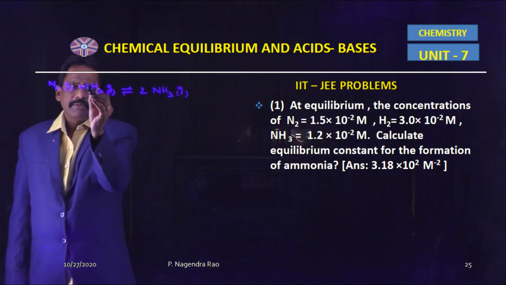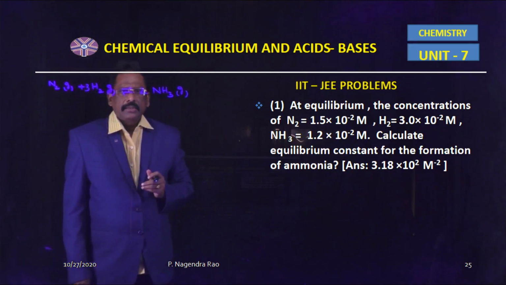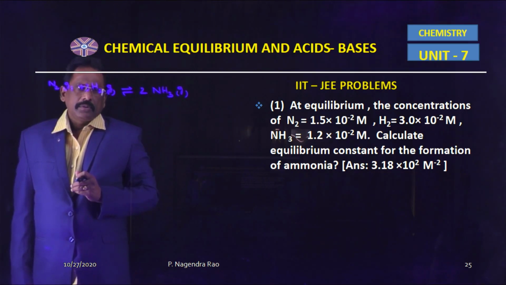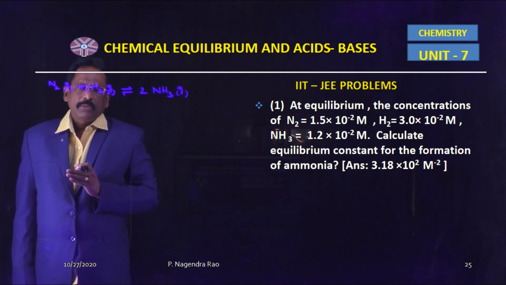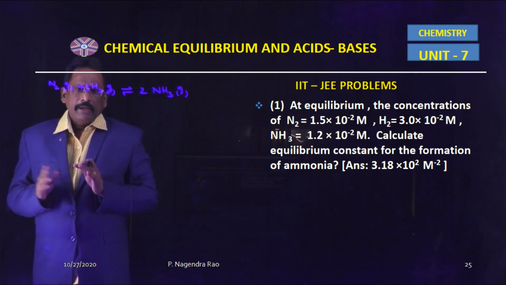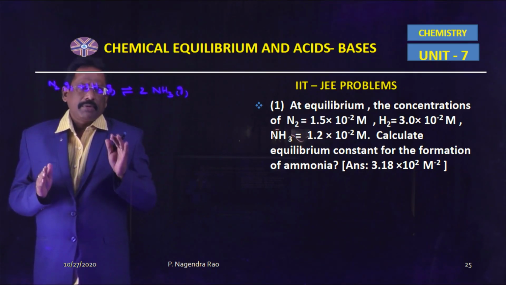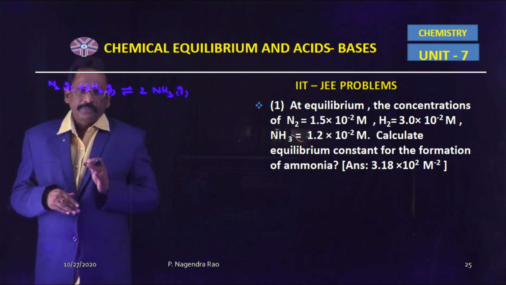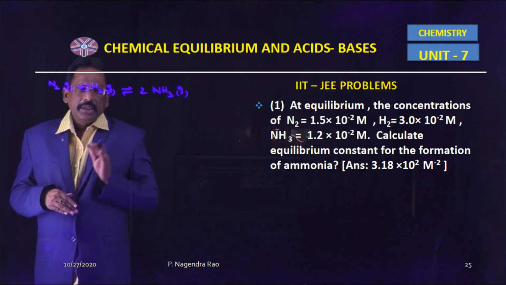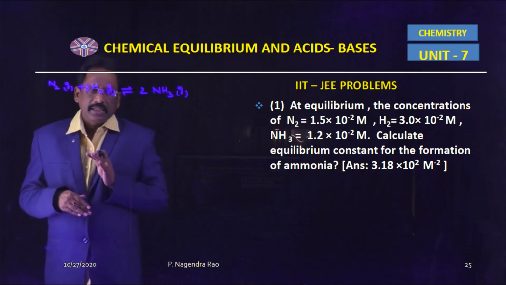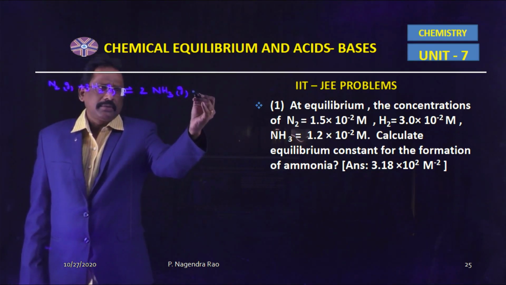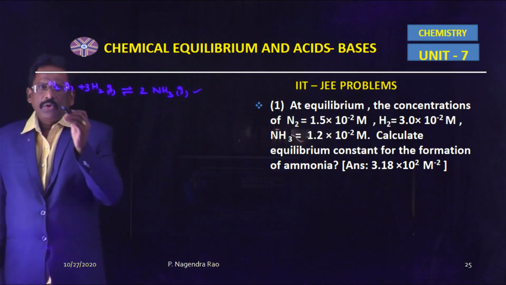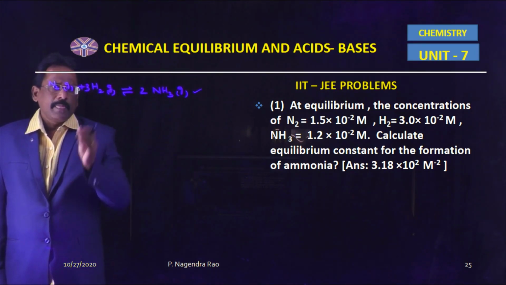Now this is the final balanced chemical reaction. When 1 mole of nitrogen gas combines with 3 moles of hydrogen gas, 2 moles of ammonia gas is formed. Calculate the equilibrium constant, that means Kc, for the formation of ammonia. So 2 moles of ammonia gas is formed from the combination of 1 mole of nitrogen gas and 3 moles